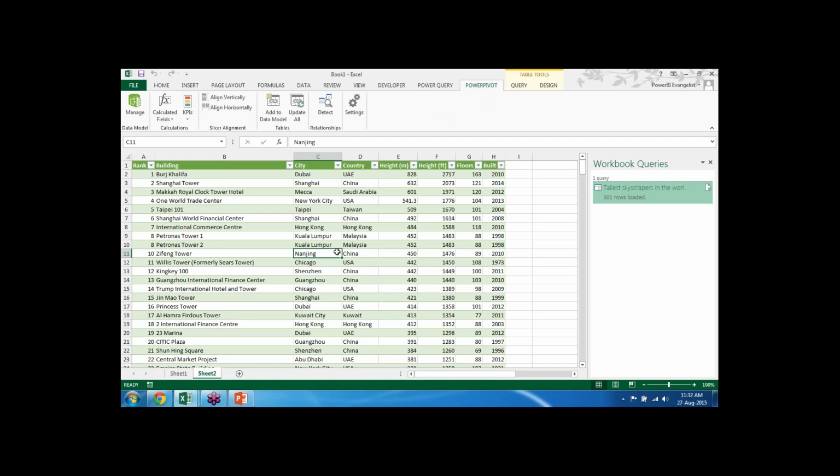The next step becomes conversion of this particular data into a data model. So data model actually allows us to perform so many different types of data modeling techniques. So if you say add to my data model, right now I have clicked inside this particular table, and if I simply say add to my data model,